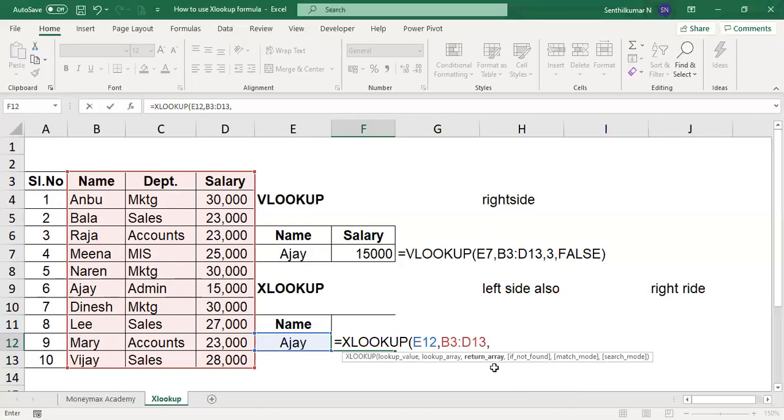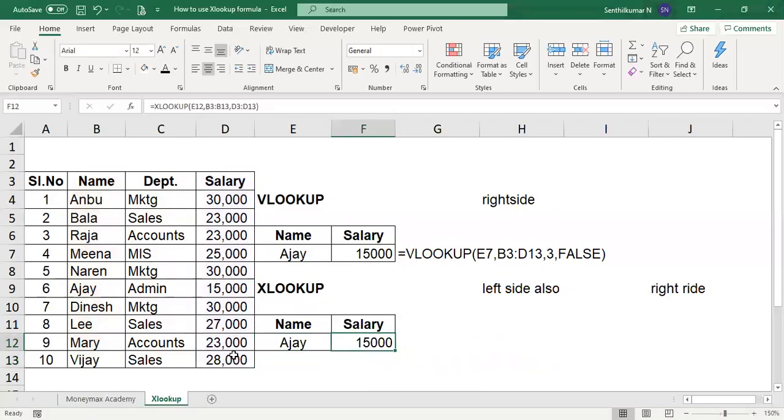So what does that mean? What is the lookup array? What do you want to look up? The lookup value is name, so this is the lookup array. Come on, what is the return array? Where do you want to get the return? If it is a name list, what do you want to know? Salary. Then that's all, you will get the answer.